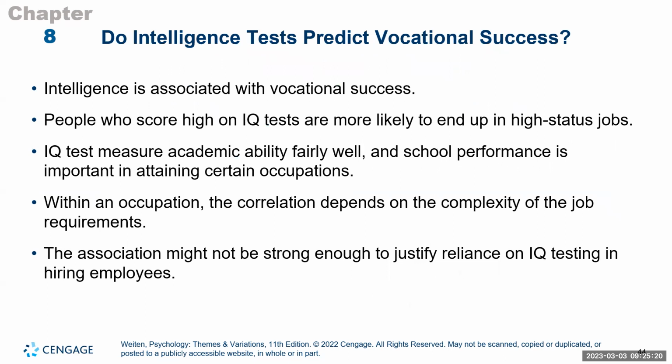So studies have been done, right? And we look at IQ, and studies do show that the higher the IQ, many times, it leads to higher vocational success, right? So while it may not always predict vocational success, on average, someone who has a higher intelligence or a higher IQ usually will have higher vocational success.